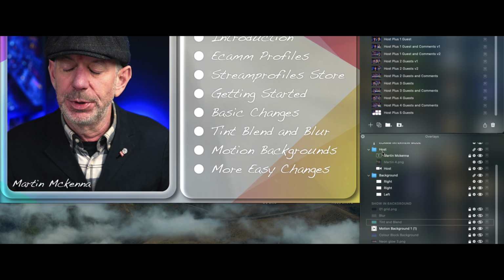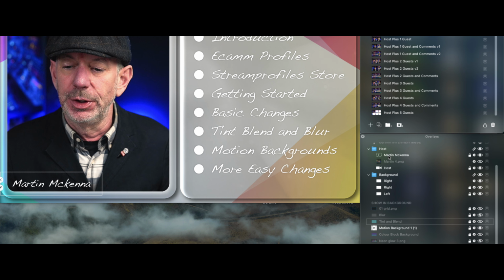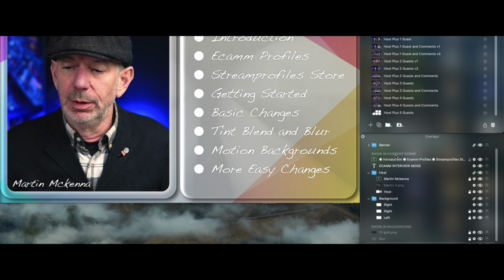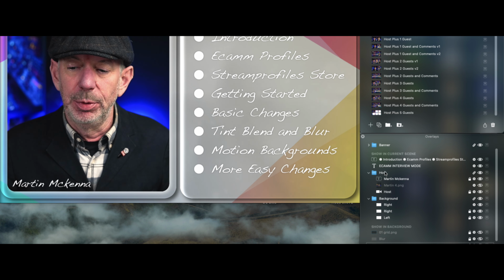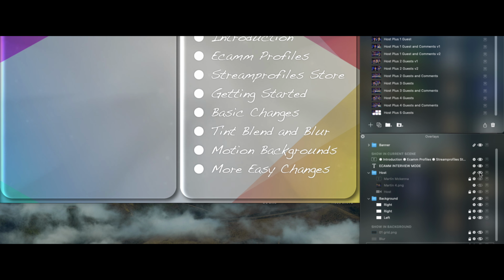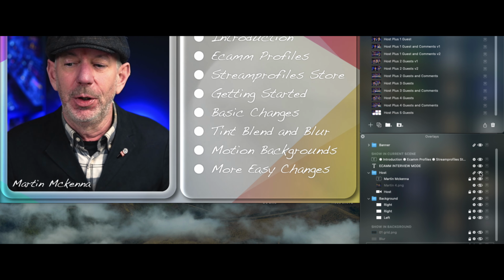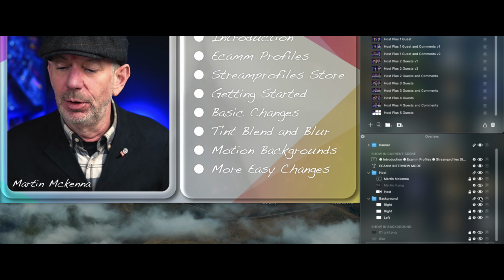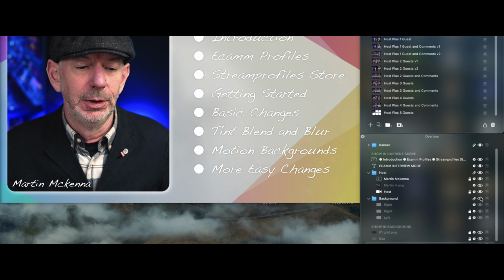So here in this particular scene, we can see what I've got in my current scene, and they're all labelled in folders. So for instance, if I want to get rid of my host and I want to gradually bring in a guest at a time, I could hide and show the folders to do that. If I decided I'd rather have that without the background, I can turn the